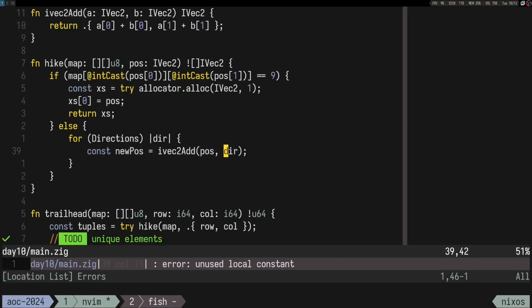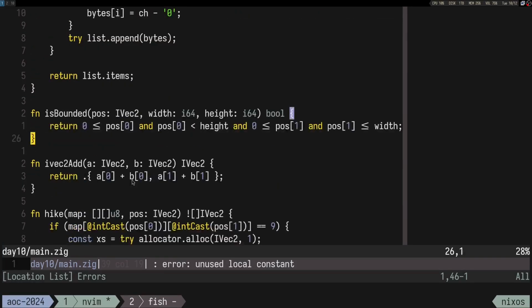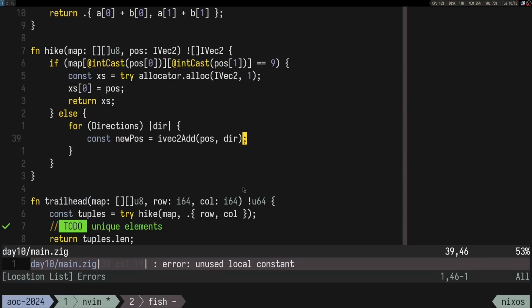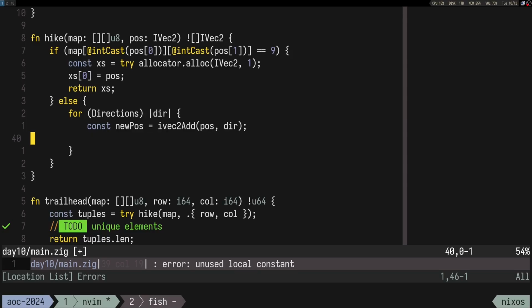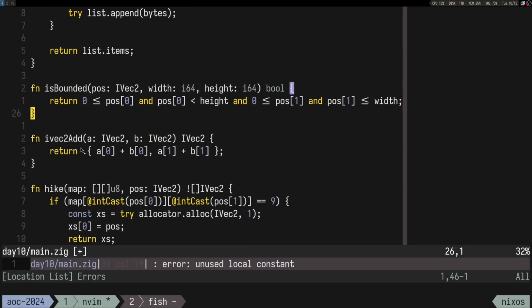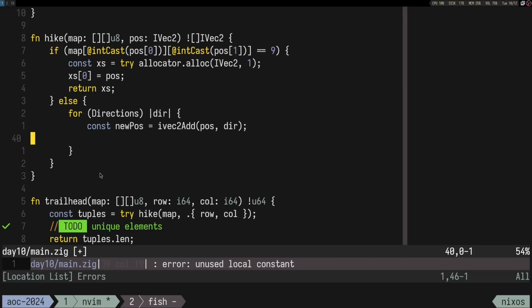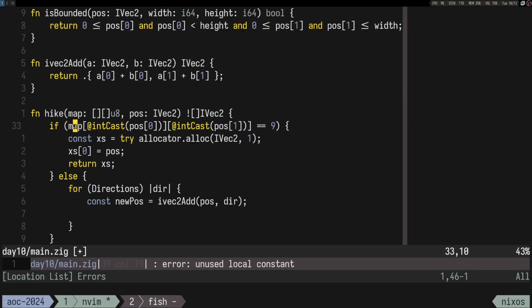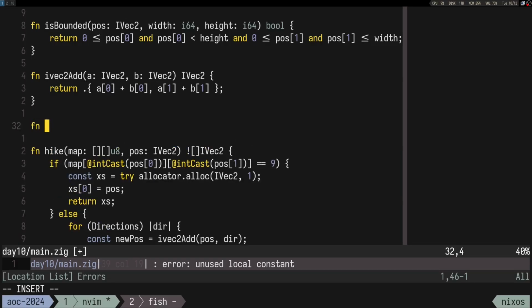So this is going to give us a new position. And I can say, you know what? Yeah, that's annoying. I'm gonna have a function